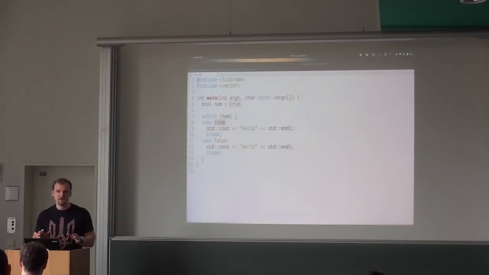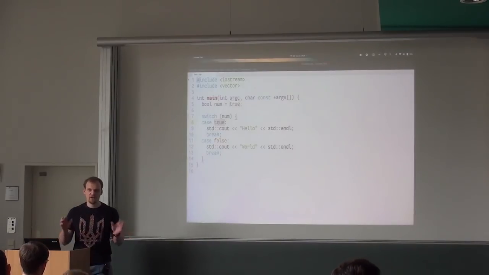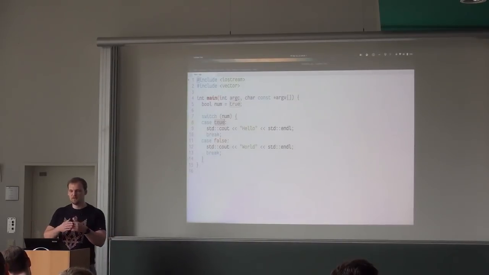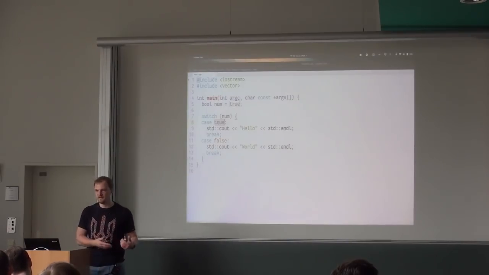So this is usually used if you have a set of options and you have an enumeration of those sets. This is where this is used. If you have just one thing that can go one way or another or a third way, you should use if. So I think we're going to have more examples.